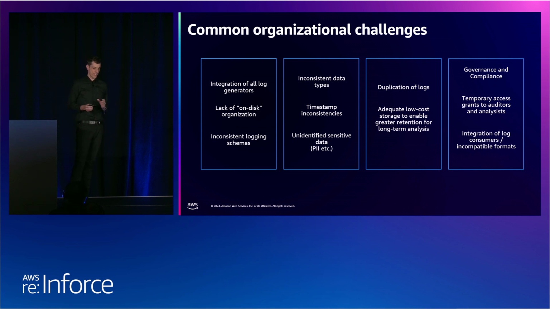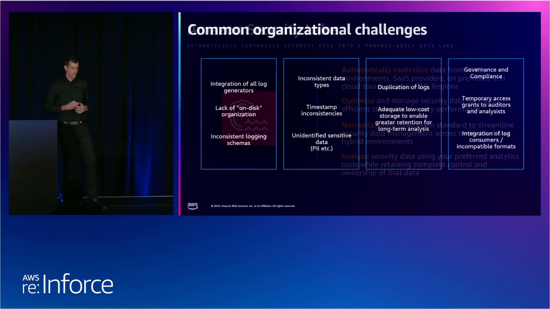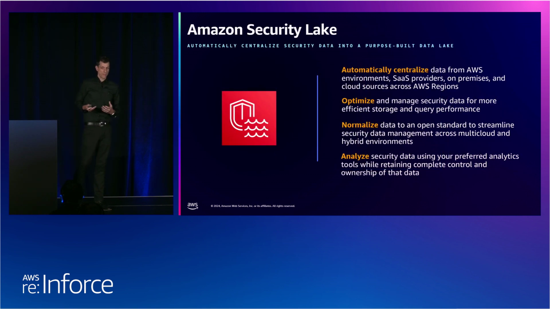Now, you can create custom solutions to solve some of those other problems, but even if they did address all of the issues that you are facing, that's just yet another thing to architect, build, own, maintain, and be responsible for over time. So as a result, we recommend Amazon Security Lake to customers to help them address some of these issues. Security Lake is a purpose-built data lake powered by Amazon Simple Storage Service, Amazon S3, designed to centralize, organize, and normalize all of your security data, whether it's from the cloud, on-premises, or from any other custom source that you define.